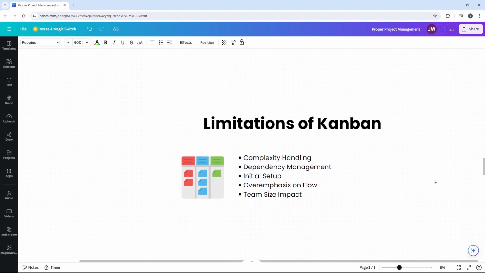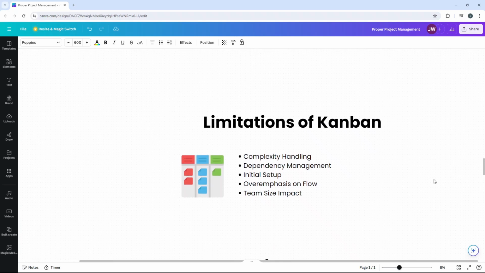The first surrounds complexity handling. Kanban excels in managing workflows with clear sequential steps. However, for projects with intricate dependencies or strict sequencing requirements, like in engineering or manufacturing, for example, Kanban's flexibility in task order might not adequately address the complexity. In such cases, a more structured approach like critical path method, CPM, or program evaluation and review technique, PERT, may